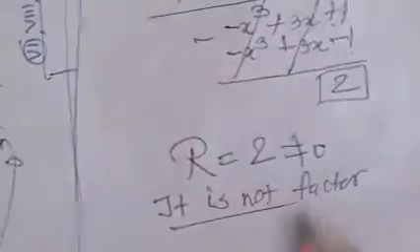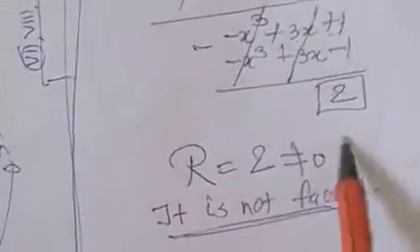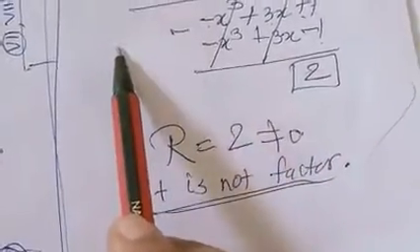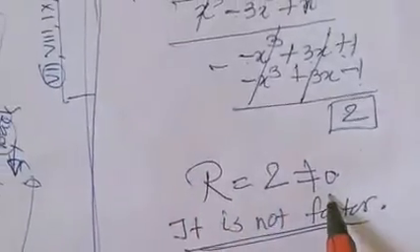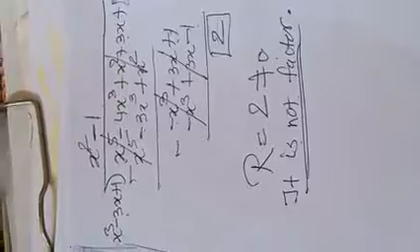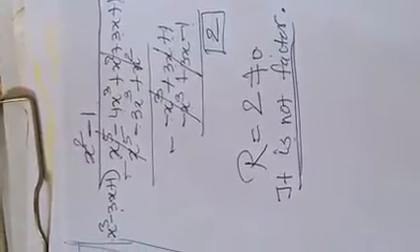In 9th standard, you saw the factor theorem. If the remainder is 0, then the polynomial is a factor of the given polynomial. But here the remainder is not 0, therefore it is not a factor. Got it? In the same way you have to attempt exercise 2.3 questions 1 and 2. Practice it more because it's very important.